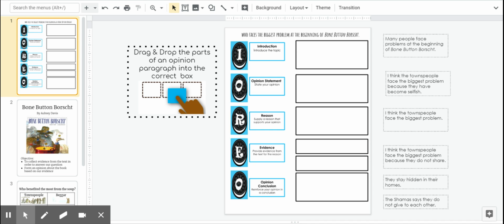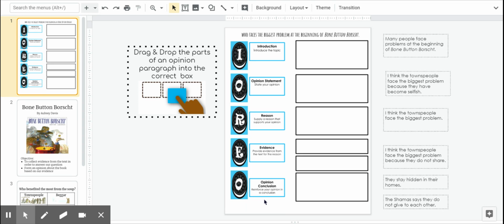Hi, boys and girls. Today we're going to practice and begin our very first opinion paragraph. Our opinion paragraph is going to have many sentences. The first sentence in our opinion paragraph will be the introduction, then our opinion statement, then the reason. Then we'll add 2 pieces of evidence from the text, and finally conclude our paragraph with the opinion sentence or